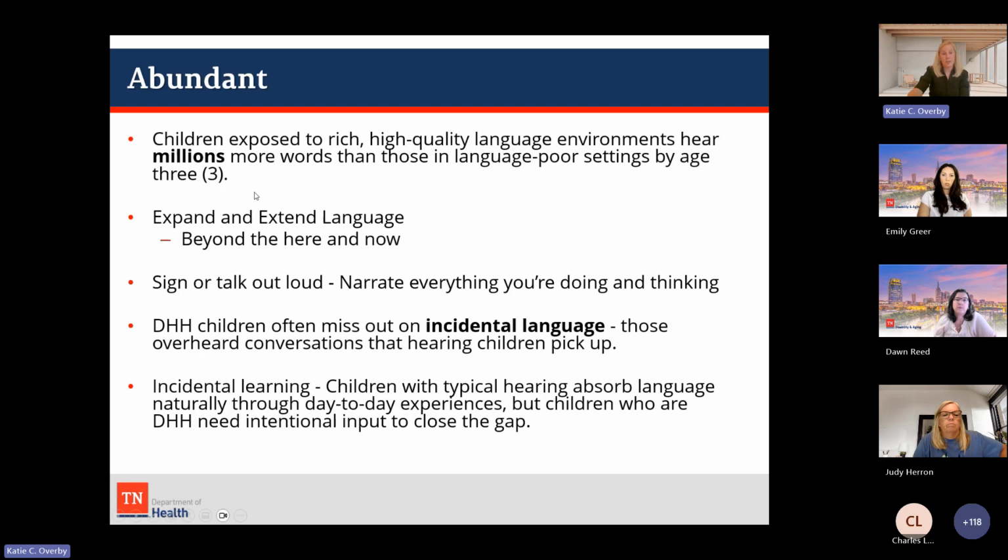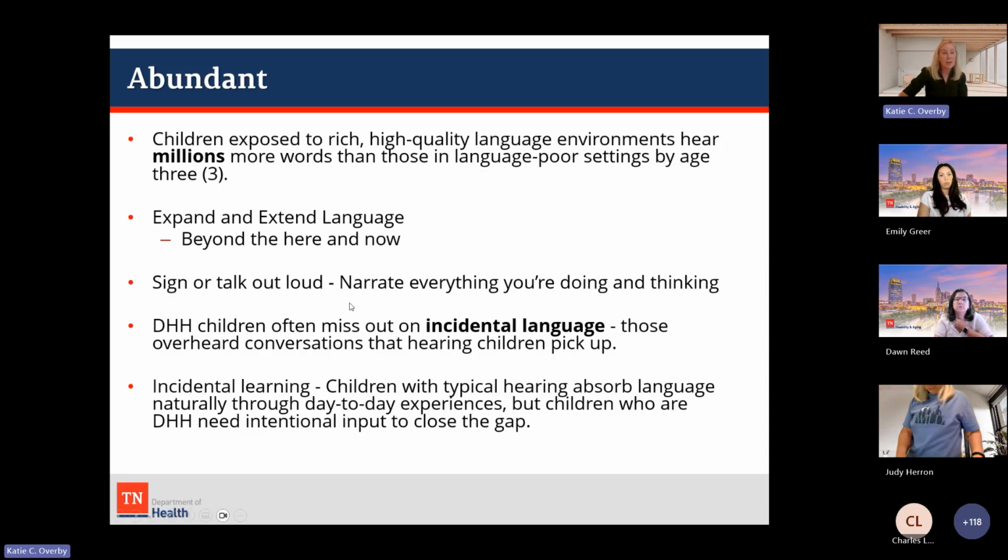And while we're giving them that abundant language, that's where we're going to be that radio show host. That's when you're going to put that hat on, and you're going to expand and extend, and you're going to talk about beyond just the here and now. So kind of going back to that fire truck. You're right. It is a red fire truck. I wonder where it's going. Do you think there's been a fire? And kind of getting the child to think about what else or where else that fire truck might be going, and giving them that kind of theory of mind of like, we don't know, expanding that language, giving them so much more than just there's a red fire truck or there's a fire truck.